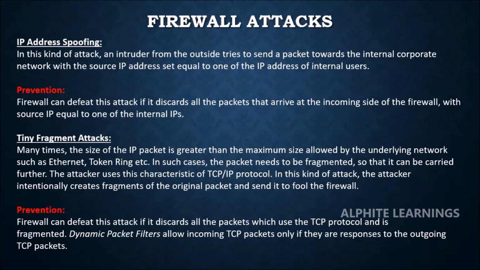So what the attacker will do is fragment the packets, even using ping. We can fragment the packets. We can choose what size of packets I could send. So I can make the packets so small that the firewall doesn't see from what source IP address it is coming from, and it could go undetected. These malicious fragmented packets can go undetected through the firewall channel. That is one kind of firewall attack.